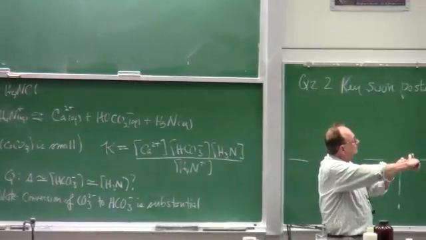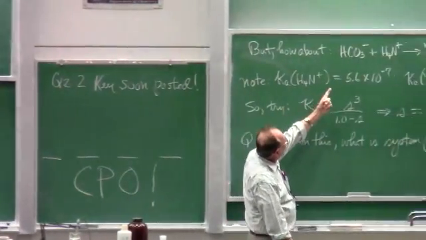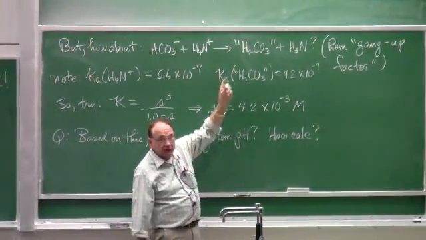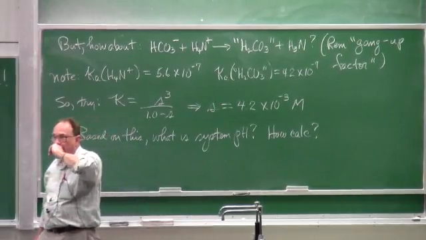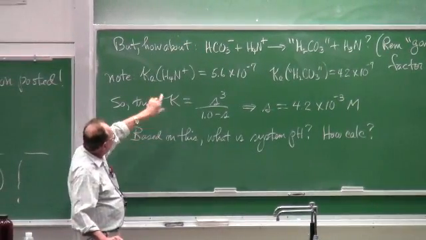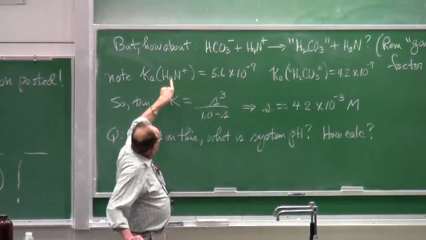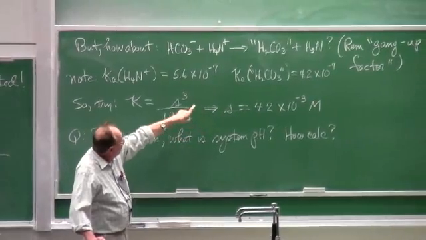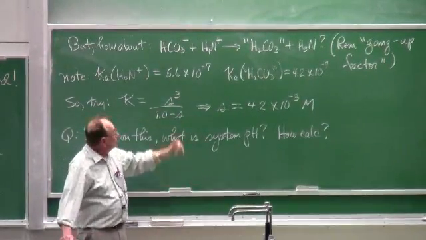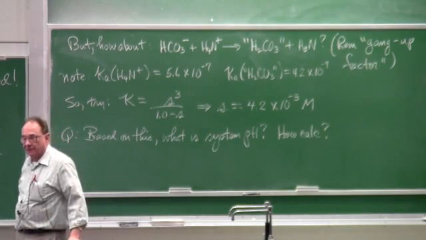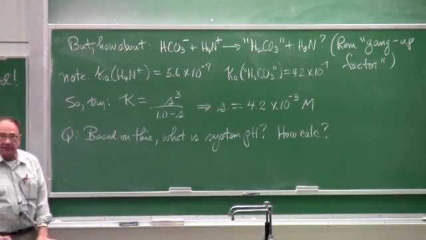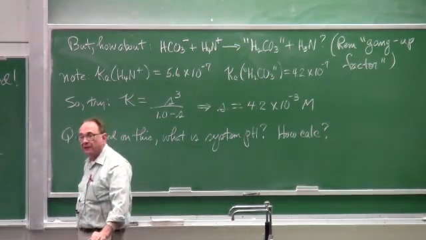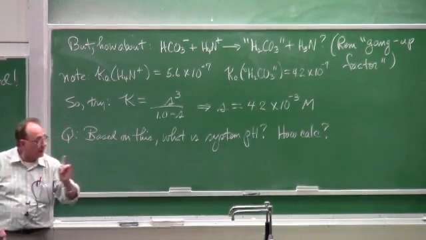However, what about the possibility of bicarb ion reacting further with ammonium ion and being converted to H2CO3? Well, we know from a Ka comparison standpoint, I've written the Ka values here, for reactant acid ammonium ion, product acid H2CO3, to recognize that product acid H2CO3 is a good deal stronger than reactant acid ammonium ion. So on that basis, we expect this reaction to have an extent which is quite small. But don't forget the gang-up factor.